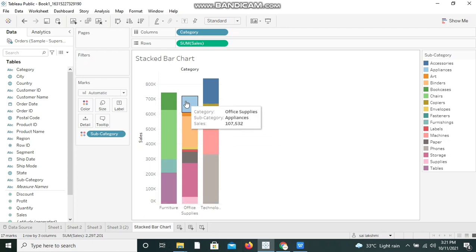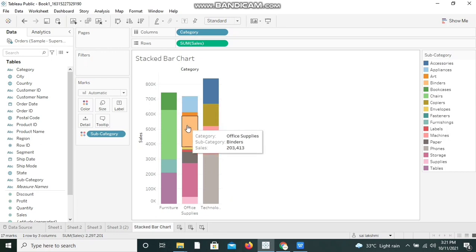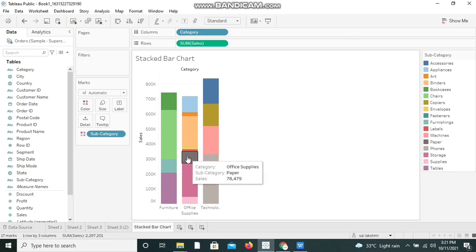In the same way, under office supplies we have appliances, art, binders, labels, paper, storage, supplies. In the same way, for technology category we have multiple subcategories. One is phones, other one is machines, another one is copiers and accessories.